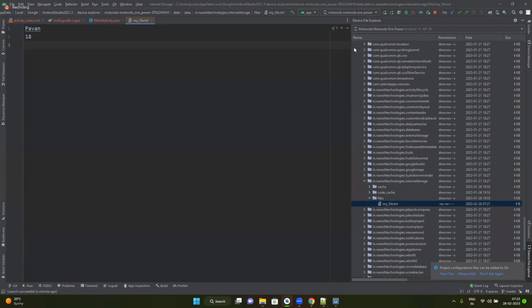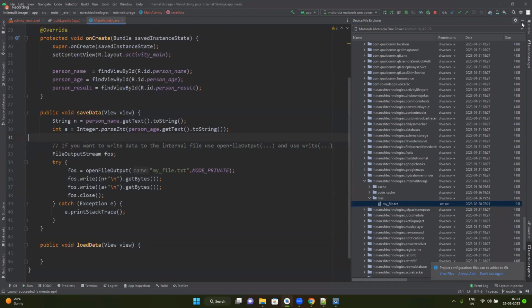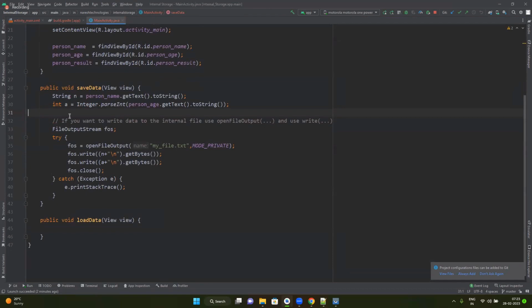So moving on. So how do we read the contents? Before we move on to see how to read the contents, we will have to do some